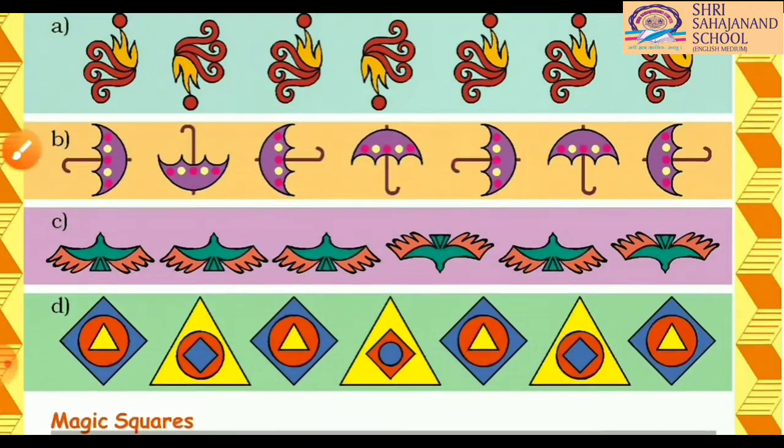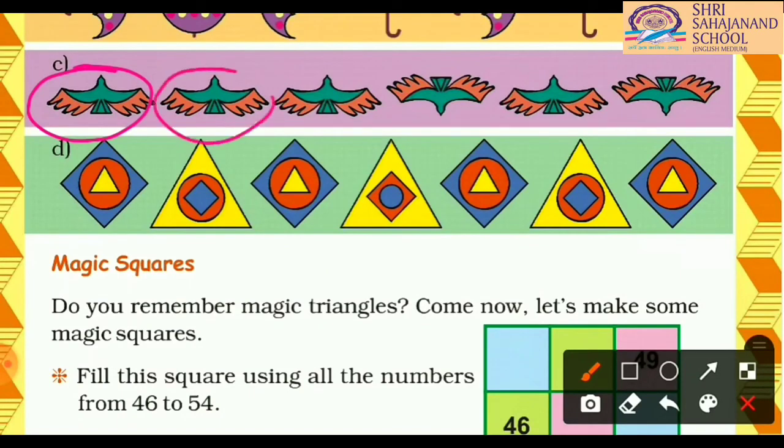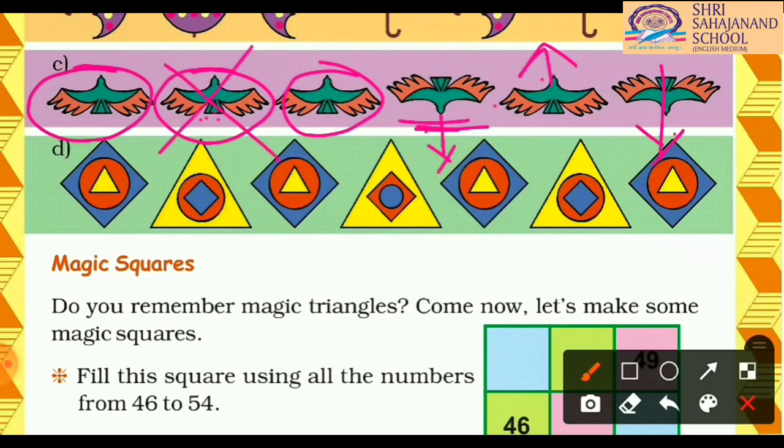We have a bird. In the first picture, you can see the face of the bird is upside. In the second picture it is also upside. In the third picture it is also upside, but in the fourth this bird is facing downside. In the next picture it is facing upside and now down, which means an up, down, up pattern is here. So one picture is wrong. Which one is wrong? No doubt the second one is wrong, because it should face downside, then the sequence will be correct.